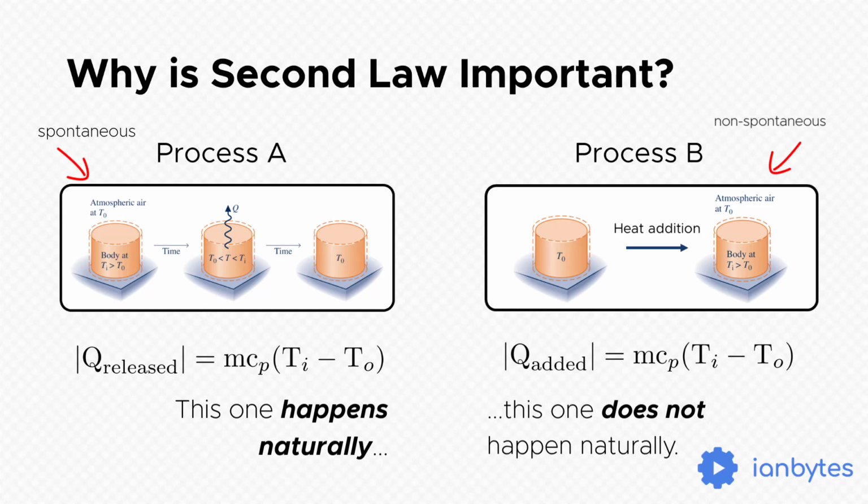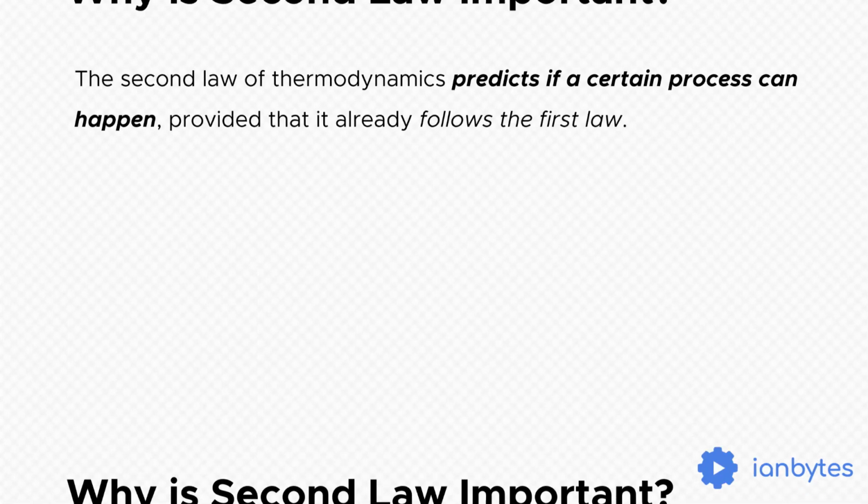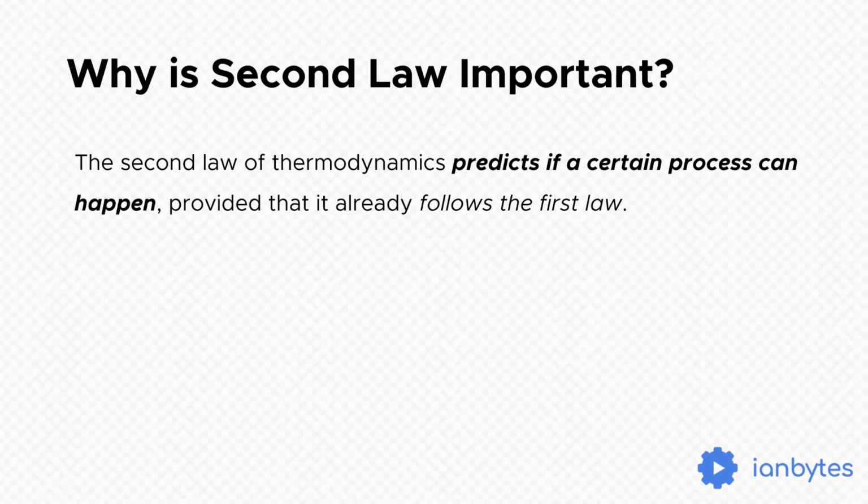Ang pinaka-limitation ng first law of thermodynamics ay sinasabi lang niya na energy is neither created nor destroyed in a process. Pero wala siyang sinasabi patungkol sa direction ng process. That is, even though sinasabi ng first law of thermodynamics na ang energy associated with process A ay parehas lang sa energy associated with process B, hindi niya masasabi kung maaari bang mangyari ang dalawang processes na ito. This limitation of the first law is actually complemented by the second law of thermodynamics. Sa madaling salita, ang second law of thermodynamics ang magsasabi kung posible bang mangyari ang mga thermodynamic processes, provided that these were already in accordance to the first law.